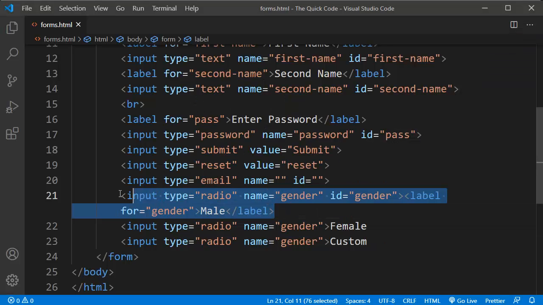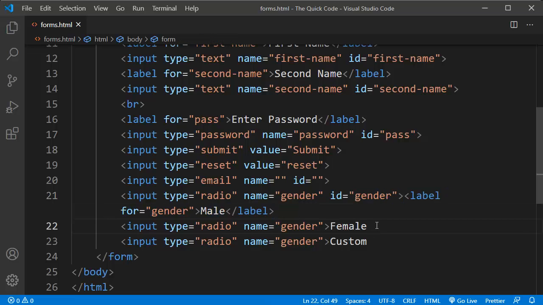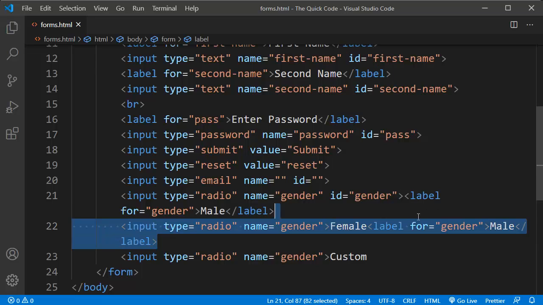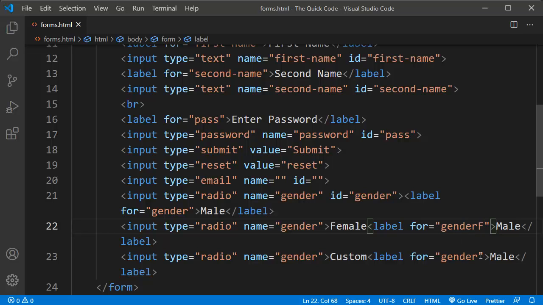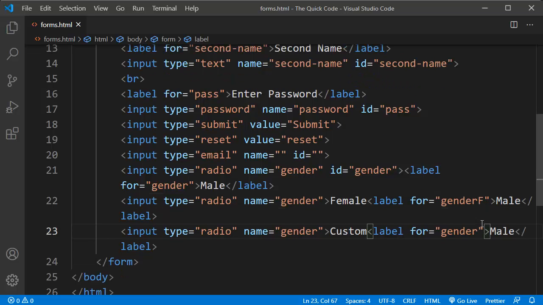So just use this label in the front of others also, copy it, paste it, and again paste it. Now gender F and gender C for custom, and then just come here and use the custom,